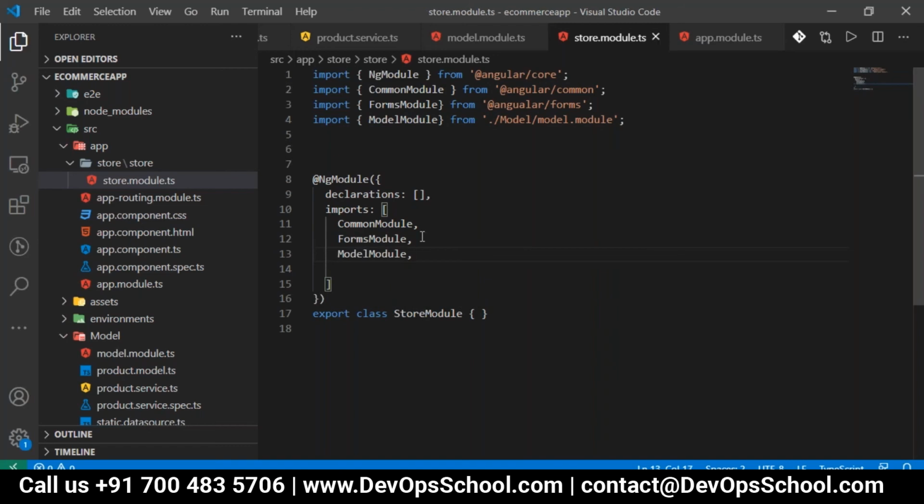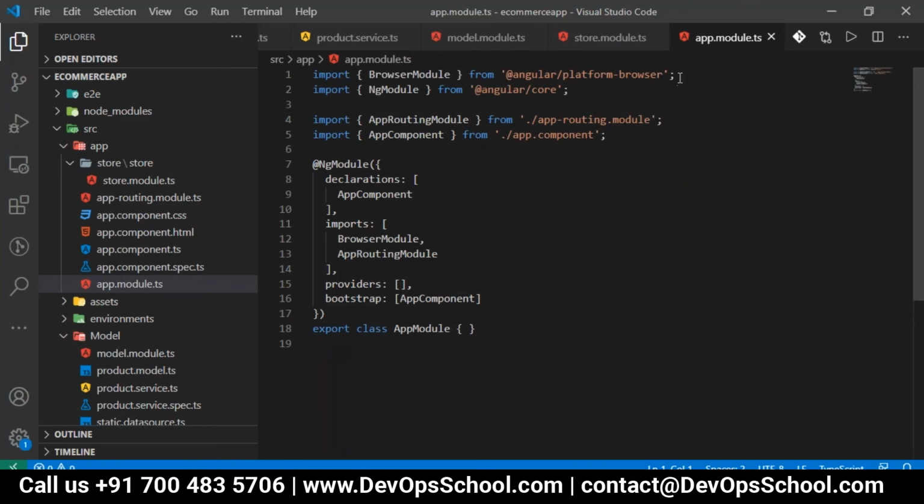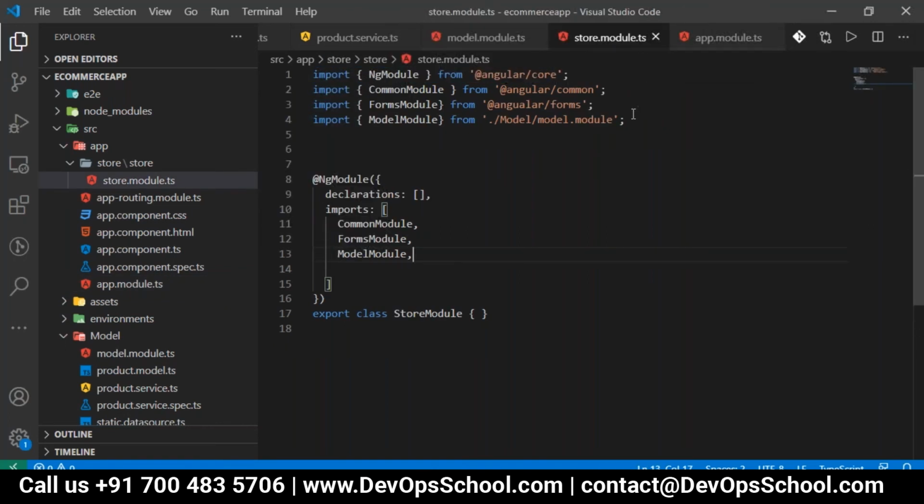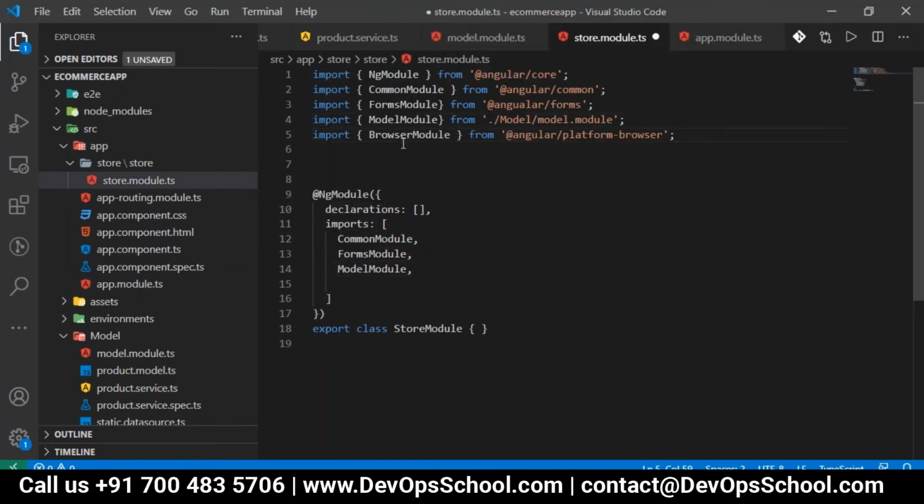We have to import the model module. Then I want the browser module, so I just use this here. All these modules we required, so we are importing all the modules here. I just created the modules and finished importing them.